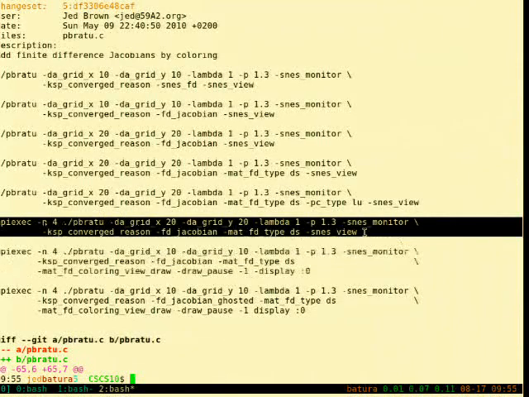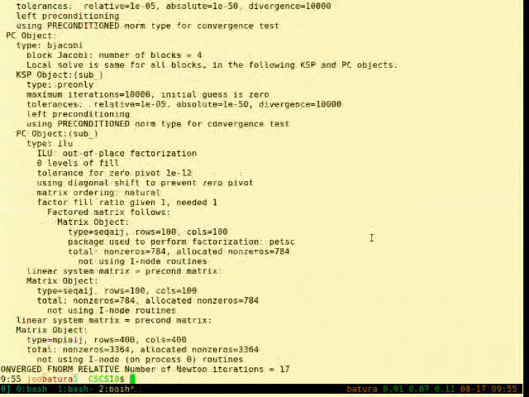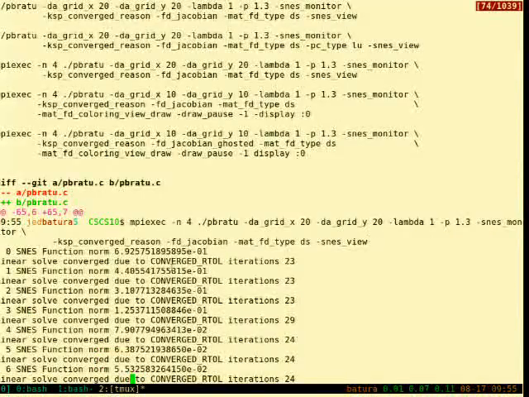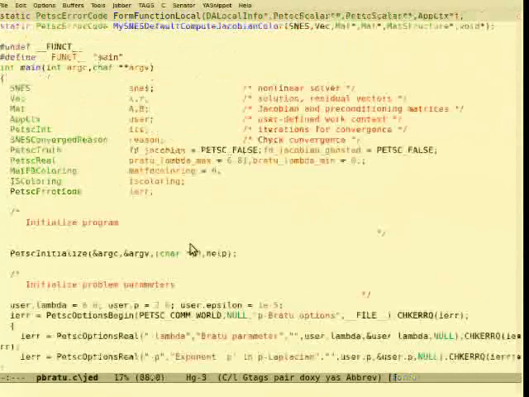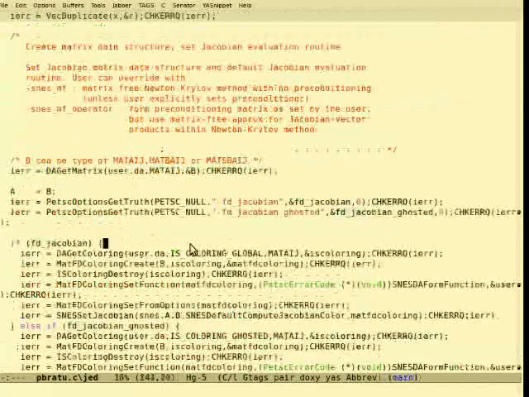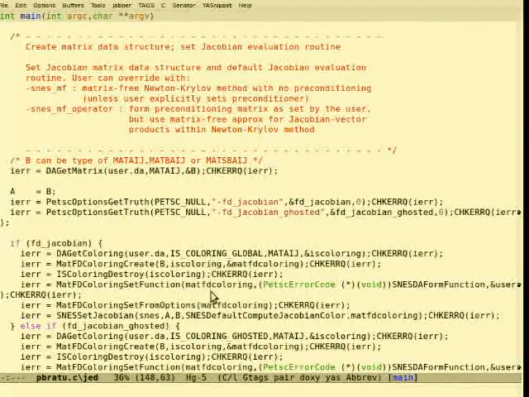Let's take one of these examples. Okay, so here we ran in parallel, and we used this FD Jacobian. This is using the library-provided way to compute the Jacobian with coloring.